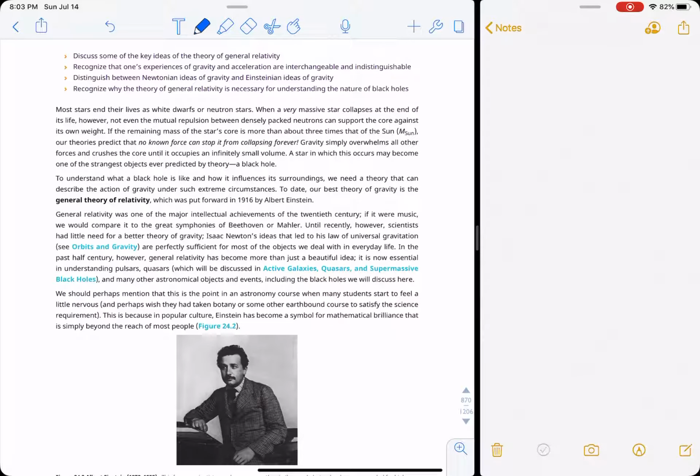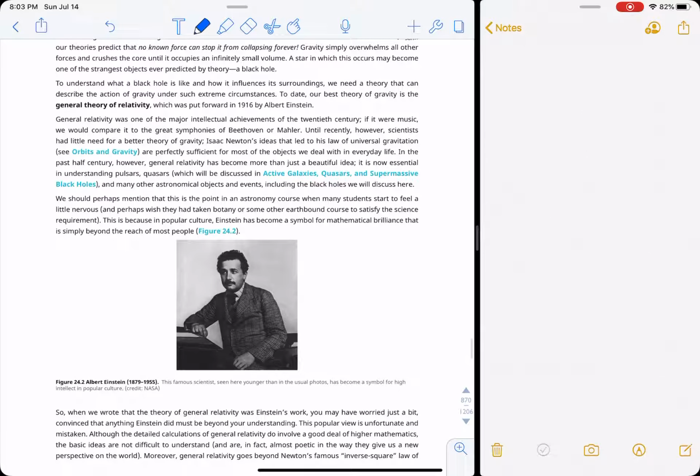to explain black holes. Okay, so Einstein basically came up with his famous theory, the theory of relativity, special relativity, in 1905. And it wasn't until 1915 that he extended his theory of relativity to general relativity. So what Einstein says is that the speed of light is constant for all observers.